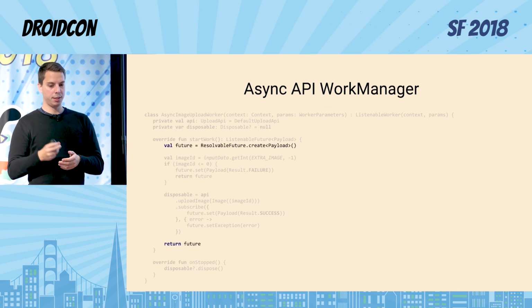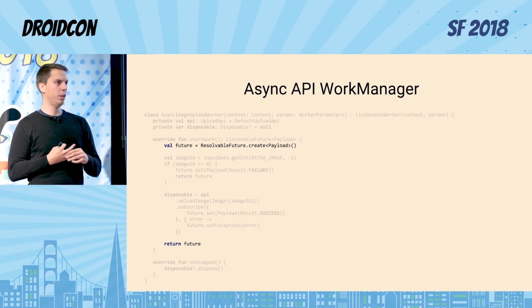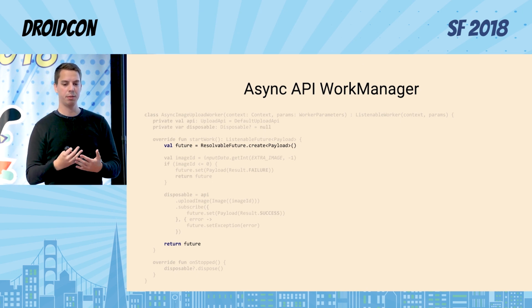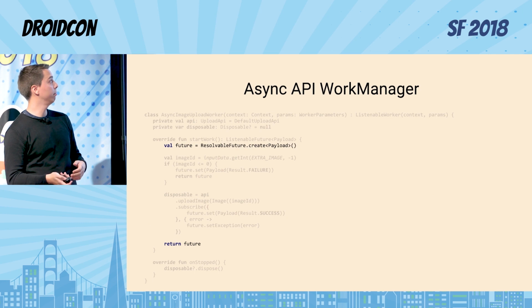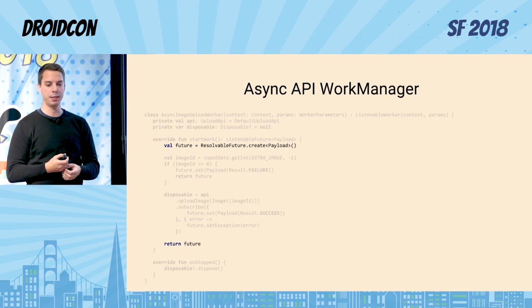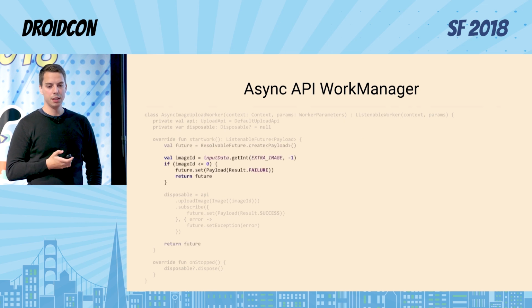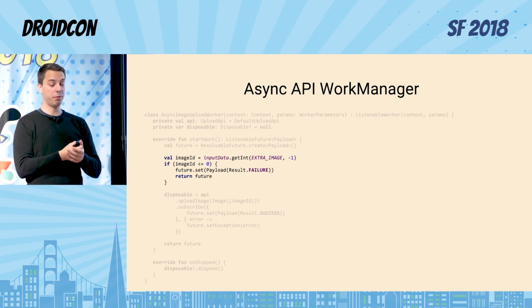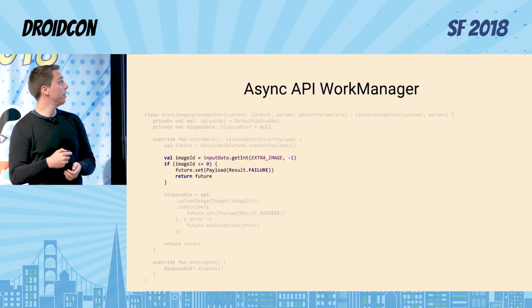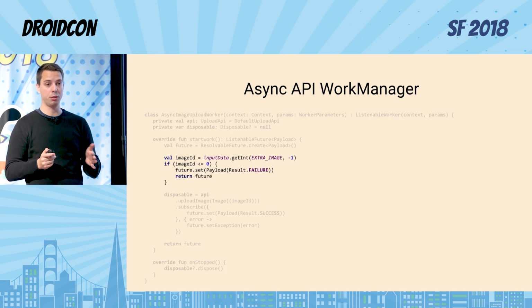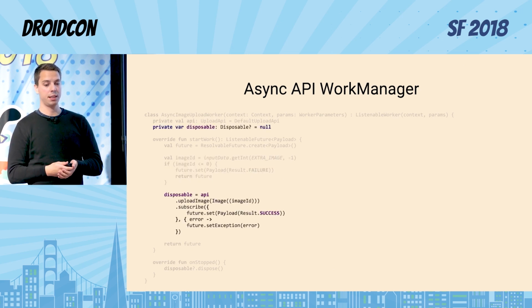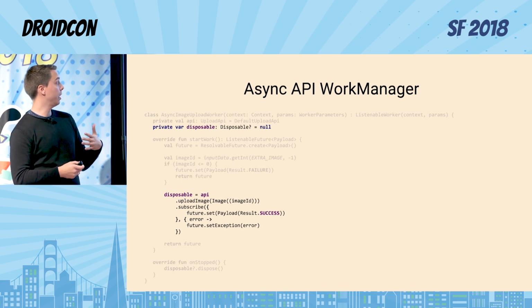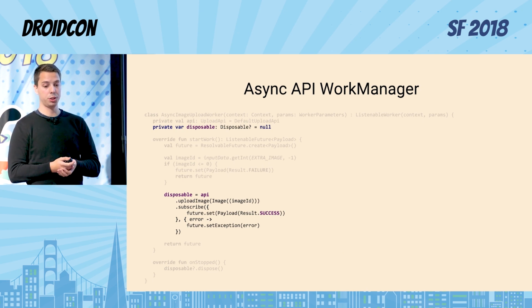Then I create my future. This ResolvableFuture is coming from a new AndroidX library. I think it's called concurrent-futures. They didn't speak that much about it yet, but this is basically a helper that implements the ListenableFuture interface, and it's easier to use than the interface itself. Then I check my input data once I've created all of these, and if I don't get valid input data, then I set the result as a failure and return the future immediately, and I don't need to do any work. If I got valid input data, then I call my API to upload the image, and